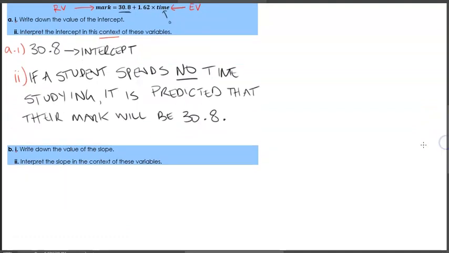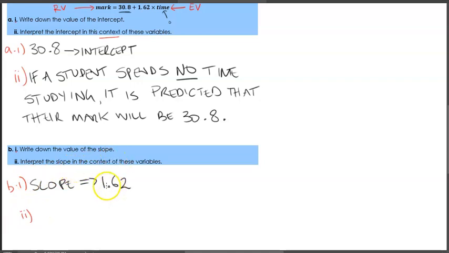So right now we're going to write down the value of the slope, and then we're going to interpret that information based on the slope in the context of the variables. So in this case here, our slope is 1.62. And this is determined by the number that's being multiplied by the explanatory variable, or the b value in this case. So again, this part is simple, but to get our next part, interpret the slope in the context